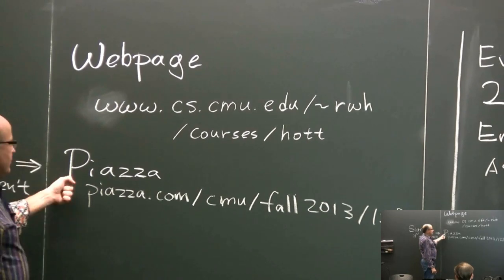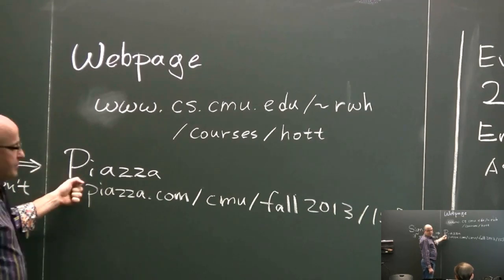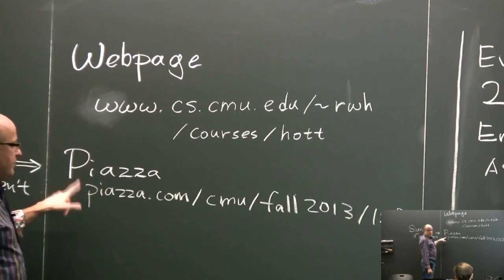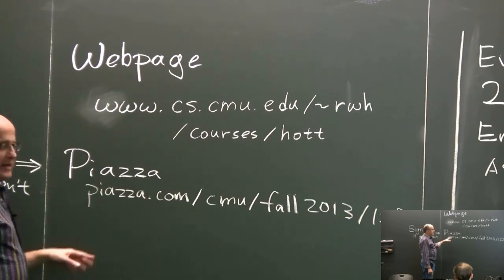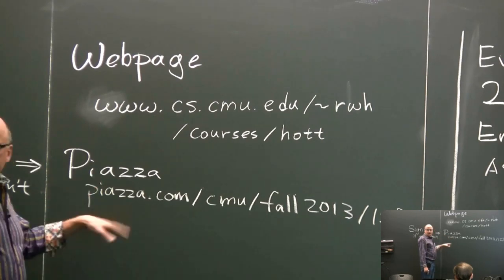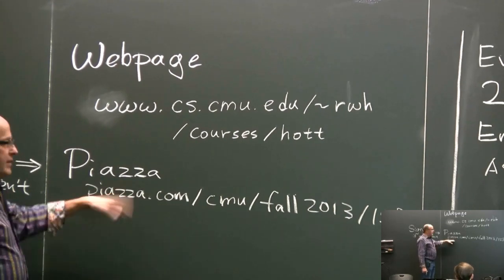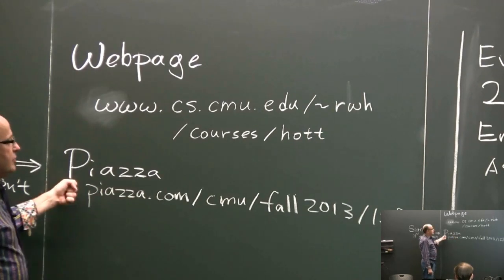So Piazza, I set up a Piazza webpage. The main reason for this is to give us the ability to have a discussion group and to make announcements and keep things up in real time, so you can have a look at that. That's there. Favonia and I both put a couple of announcements out there yesterday, so you could have a look at that. In particular, it has a convenient little mechanism for finding partners for writing course notes and stuff. Favonia started that one up, and we're trying to use that, so that's kind of convenient. So you should definitely have a look at that. We'll be using that actively.